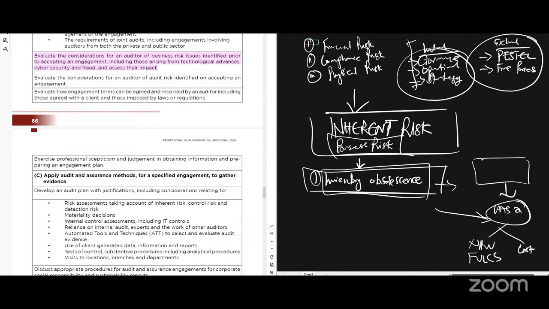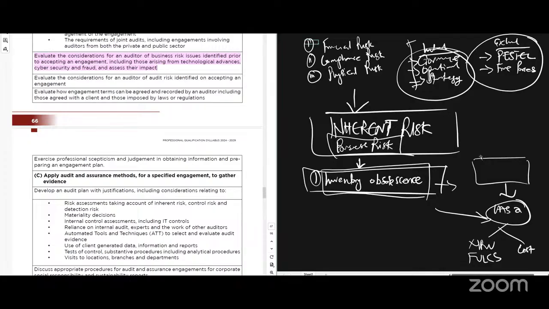Yeah, so business risks are mostly, if only it is inherent, it becomes an inherent risk. There's a difference between business risks and financial statement risks, but there's also a connection, like this thing that I showed you, right? As a student, you should know the thin line between business risk and financial statement risk, or risk of material misstatement.